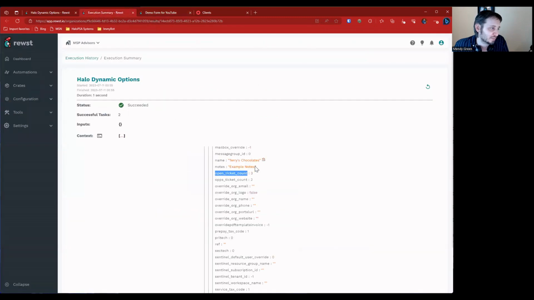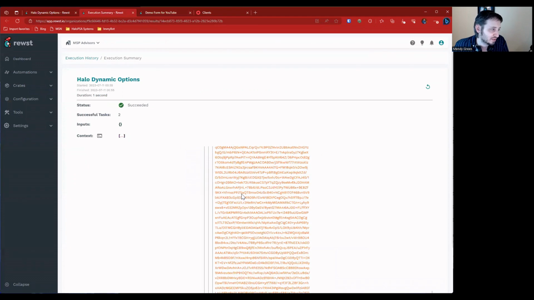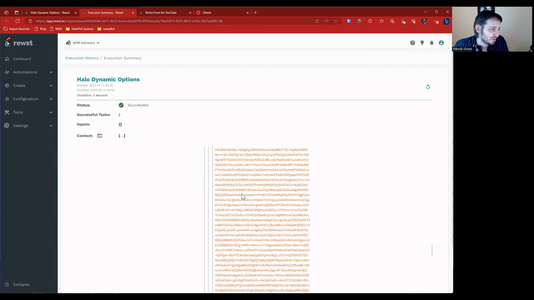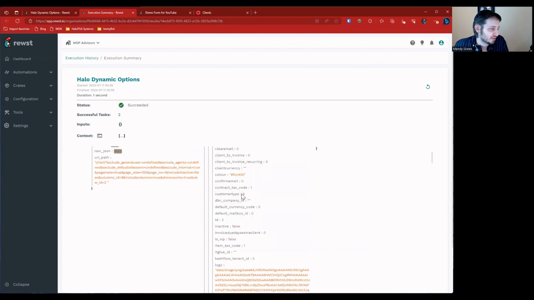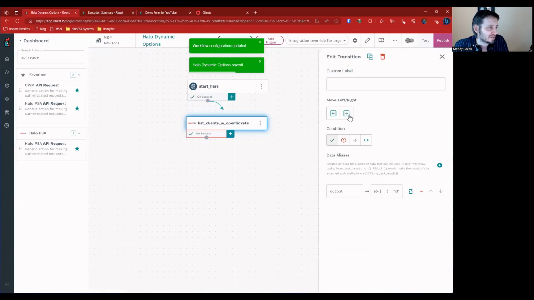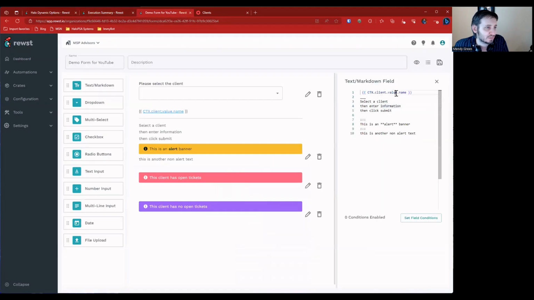We can get the address. We can display the notes. We can display the logo technically. Markdown does support the logo. And so we can do something like, let's see if I remember how to do the logo in Markdown from memory. It'll be something like,